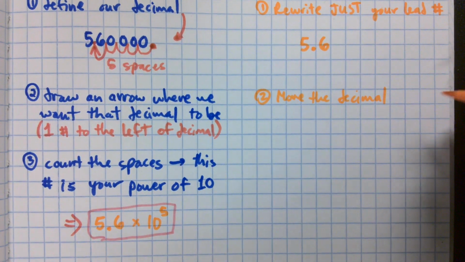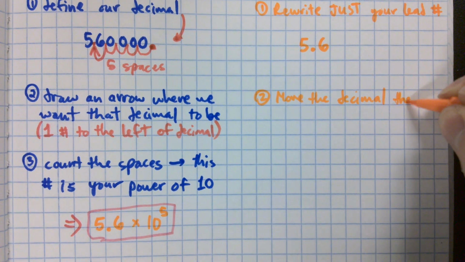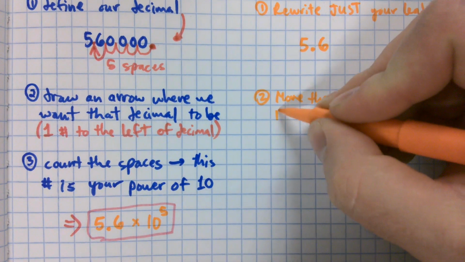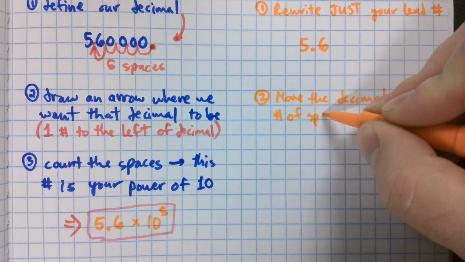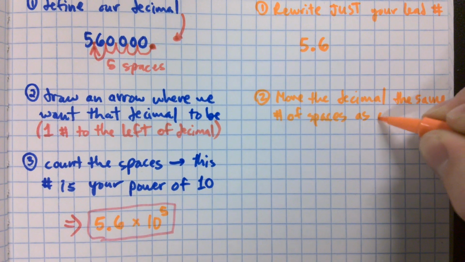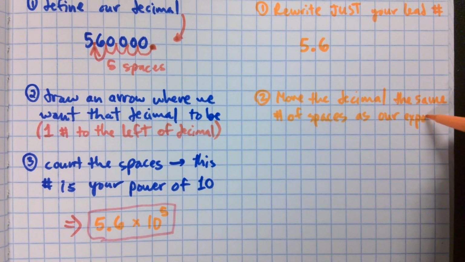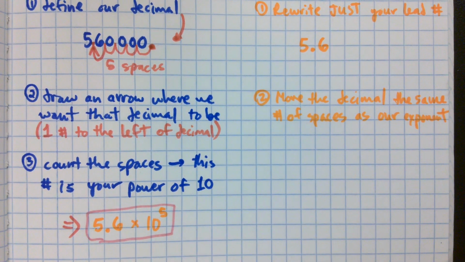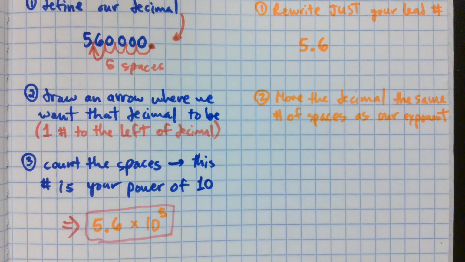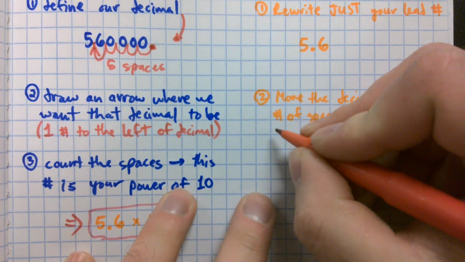We're going to move the decimal the same number of spaces as our exponent. Something we need to keep in mind, though,